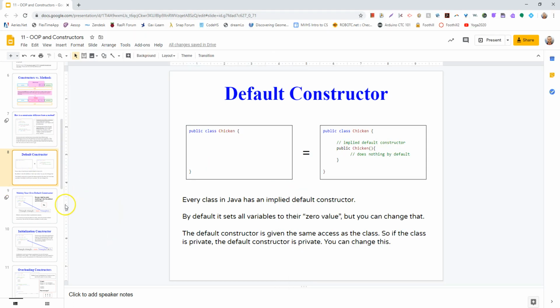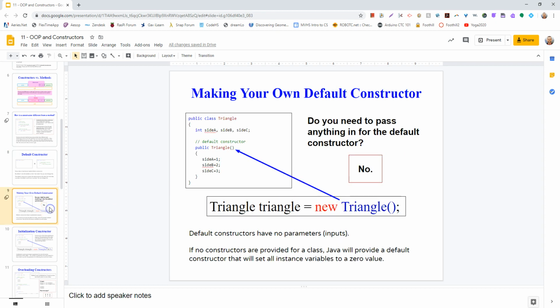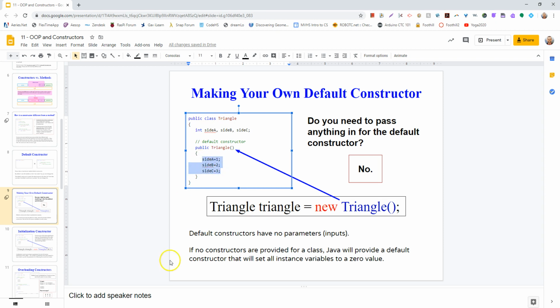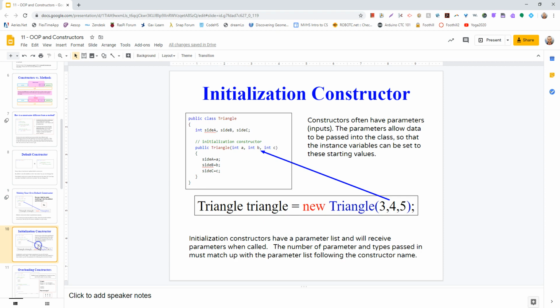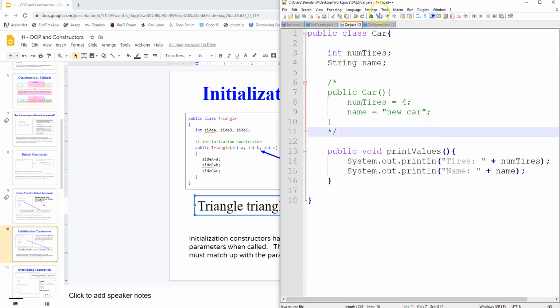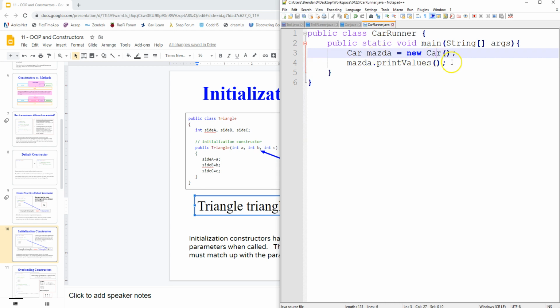So that's the default constructor that exists already, but you can, as I just did, make your own default constructor that actually does give correct starting values. But really the goal here is when you make a new thing, you want to be able to set its starting value. So back in my code, I wouldn't have to say, okay, make a new Mazda, and afterwards go Mazda set tires to 4,